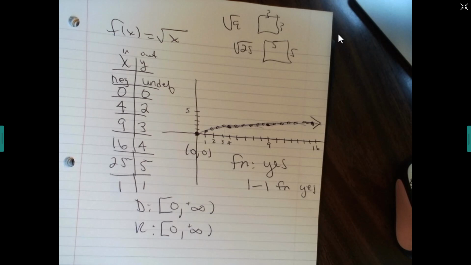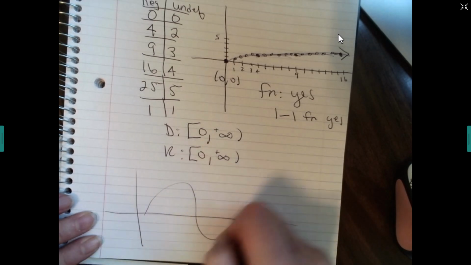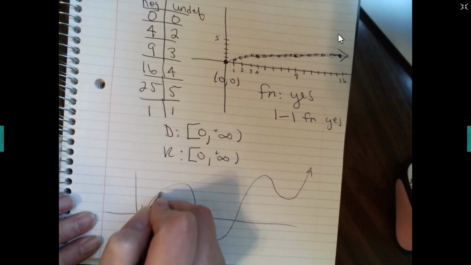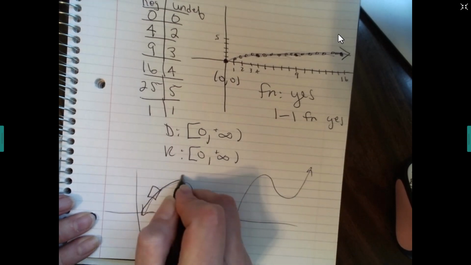Okay, the other thing we talk about is increasing and decreasing. And this is kind of like a roller coaster. So if you think of, we got a little roller coaster here. If I put like a card on it, do you see how it's increasing here? So from this